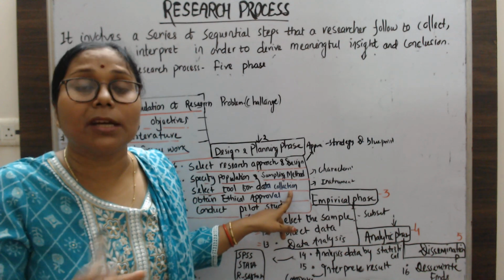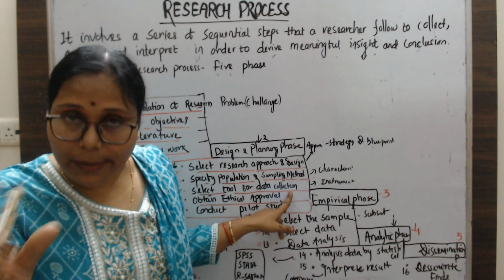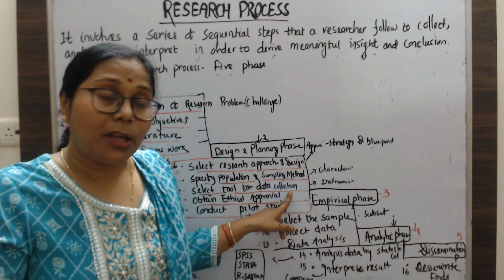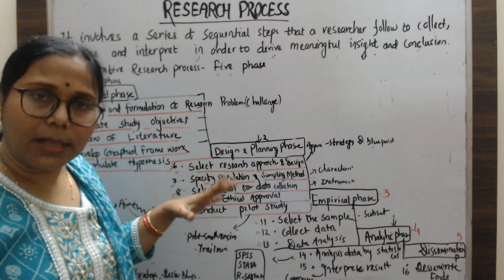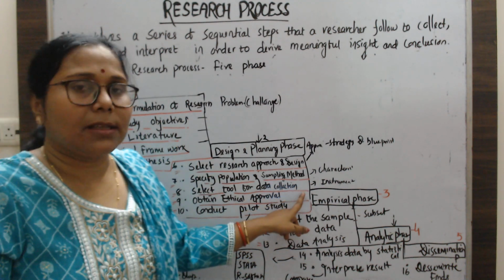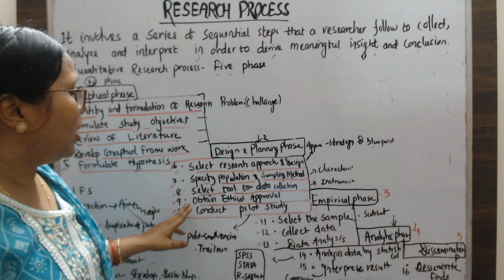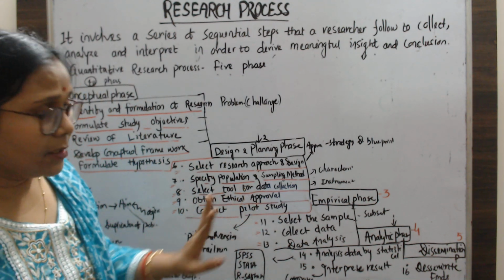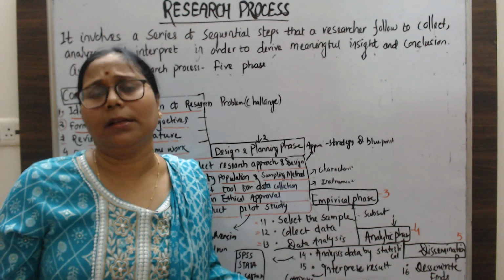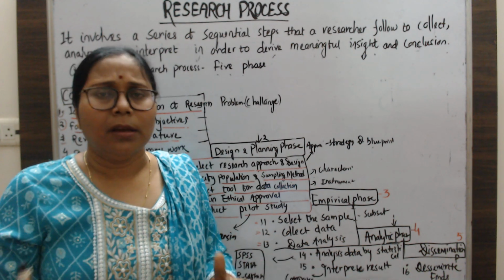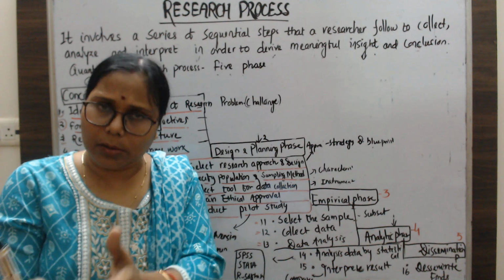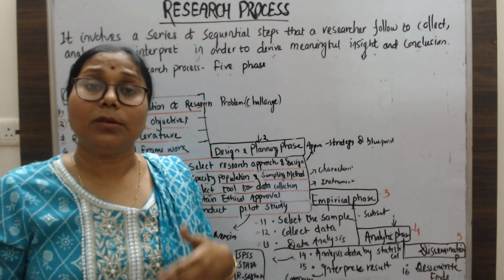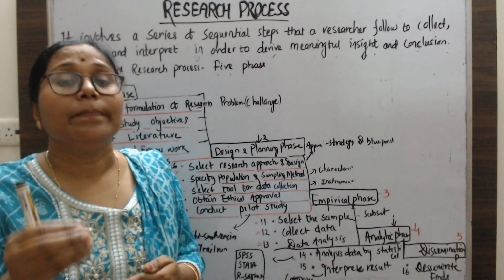Here the instrument is the questionnaire, the interview method, or the schedule checklist. That will be used as the instrument for the collection of data. Next one, obtain the ethical approval. This is the 9th step, because most of our research is based on human problems. In this way we will keep in mind that